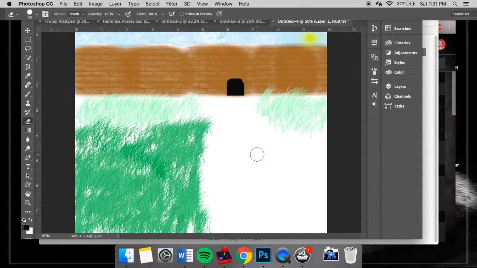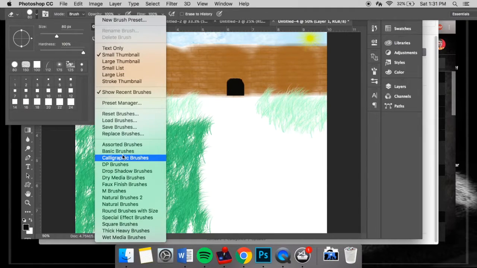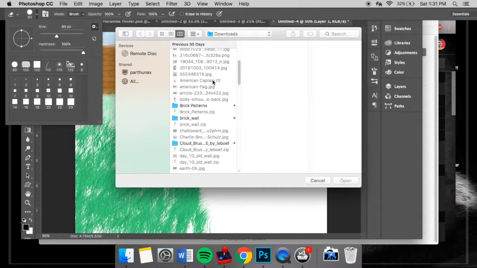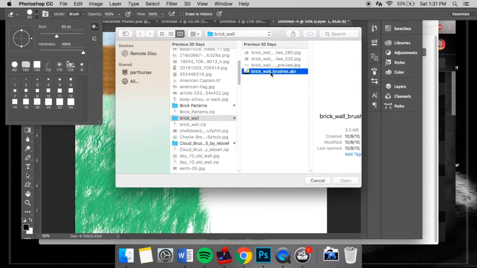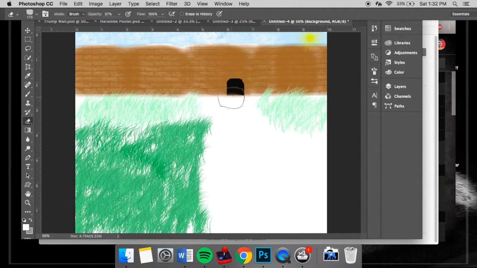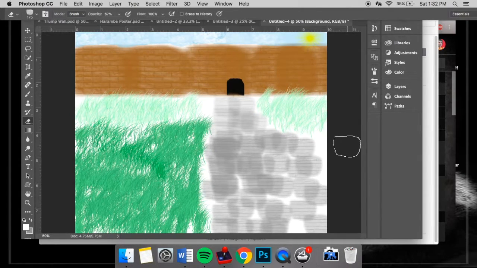Next, we're going to create the road here. So go back and load brick brushes again. And something along these lines. Obviously, you're going to spend more time on this. I don't really want to spend more time on this, so let's just move on to making the trunk wall